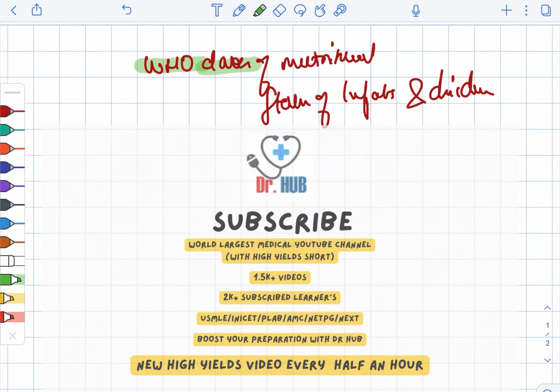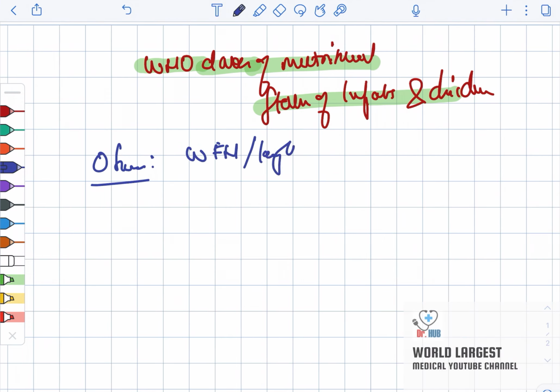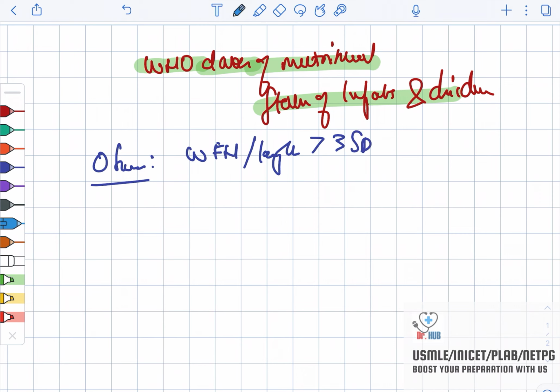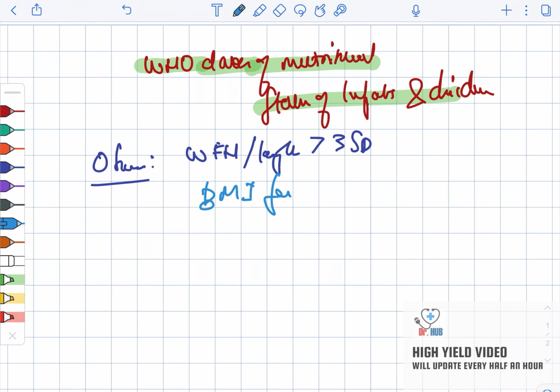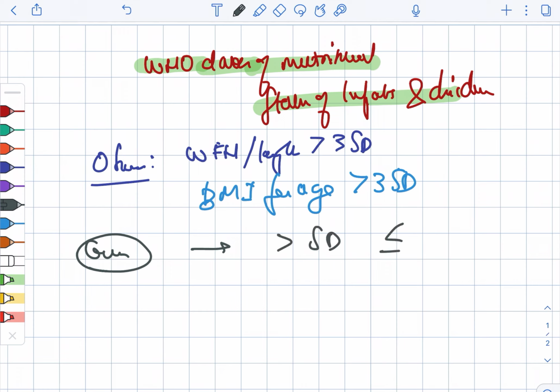WHO classification of the nutritional status of the infants and children. In terms of obese, the weight for height to length is greater than 3 standard deviation. BMI for age is greater than 3 standard deviation. In case of overweight, the same, it's greater than 2 standard deviation and less than or equal to 3 standard